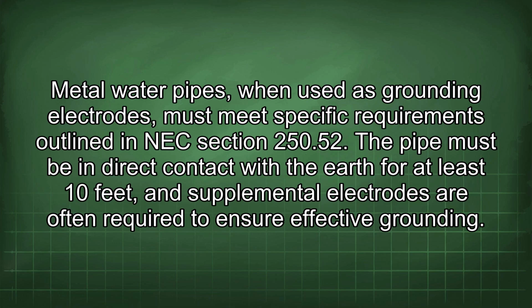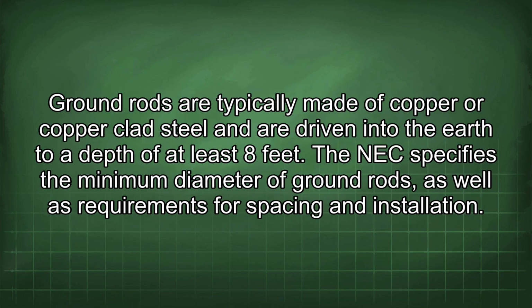The pipe must be in direct contact with the earth for at least 10 feet, and supplemental electrodes are often required to ensure effective grounding. Ground rods are typically made of copper or copper-clad steel and are driven into the earth to a depth of at least 8 feet. The NEC specifies the minimum diameter of ground rods, as well as requirements for spacing and